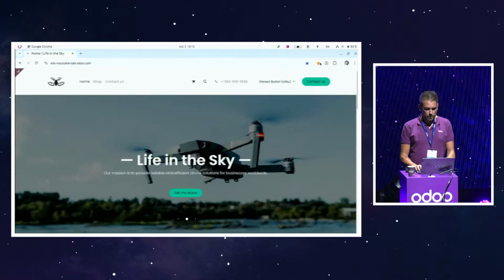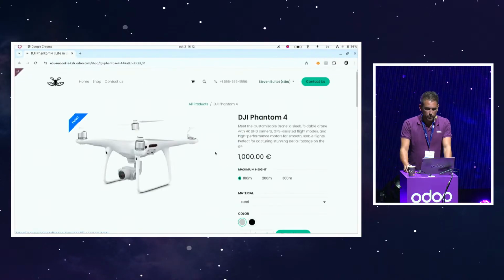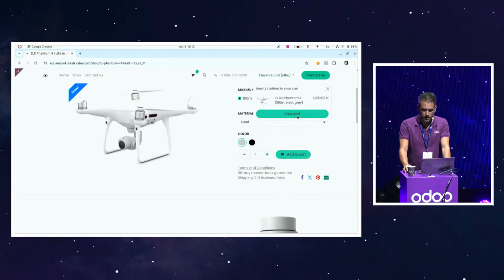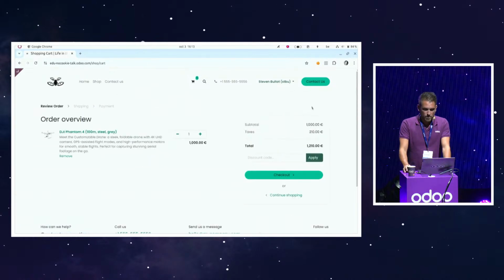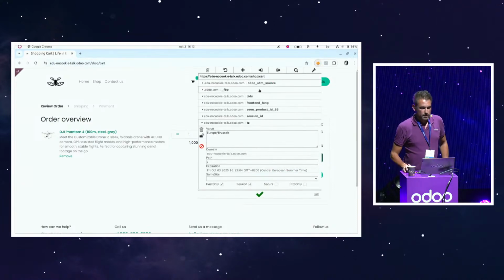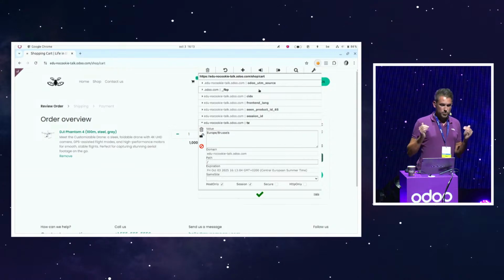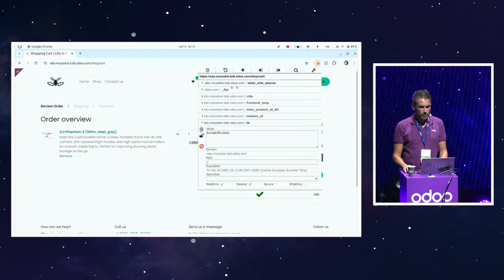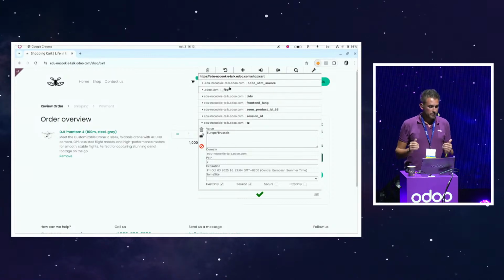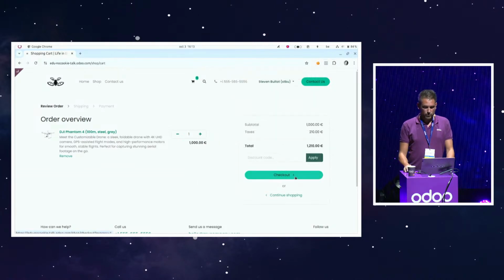I will show you how it looks. So if I go to my drone, I will add it to the cart. And I will just show you here that compared to before, when we were on odoo.com and basically had just the first-party cookies, here we have our UTM cookie, and we have the Facebook pixel that has been activated because I used the UTM cookie. So if I go to my checkout,